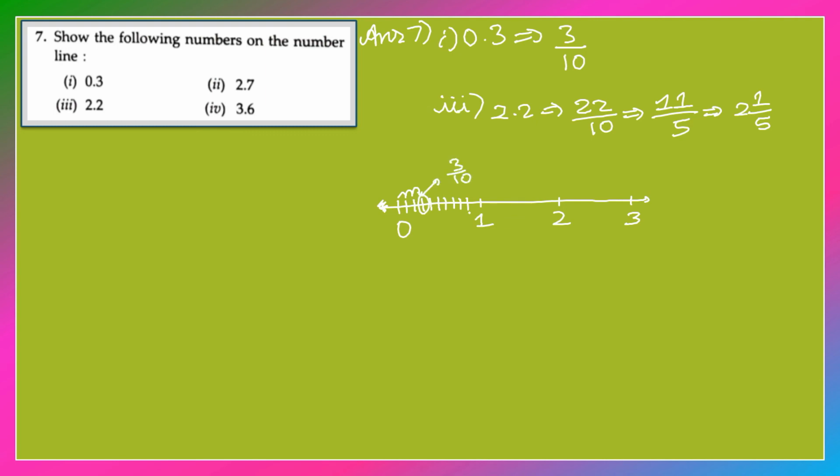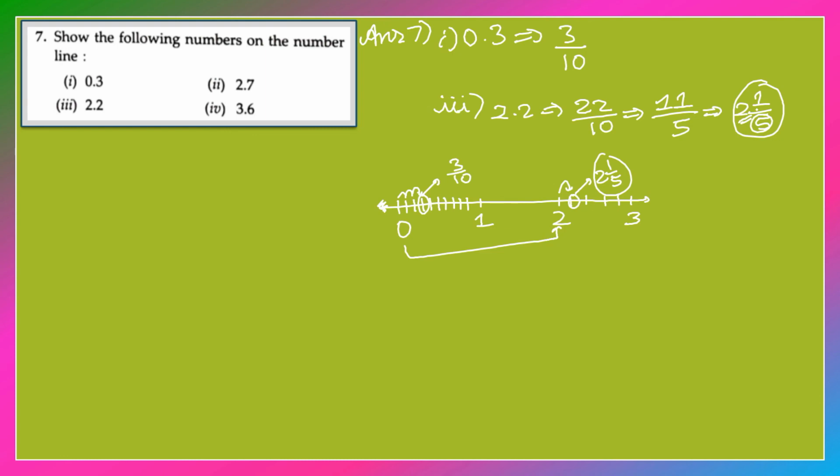Now the third part is 2 1 upon 5. We have 2, it means it is greater than 2 and less than 3. And as the denominator is 5, after simplification, I'm going to divide this interval into 5 pieces, and then I'm going to count 1 piece here. And this will be called 2 1 upon 5. I tell you how. First of all we travel 2, because it is 2 only, and then we are going to increase by 1 upon 5. That is, we are going to divide into 5 pieces and take 1 piece of it. So like this we have marked it.